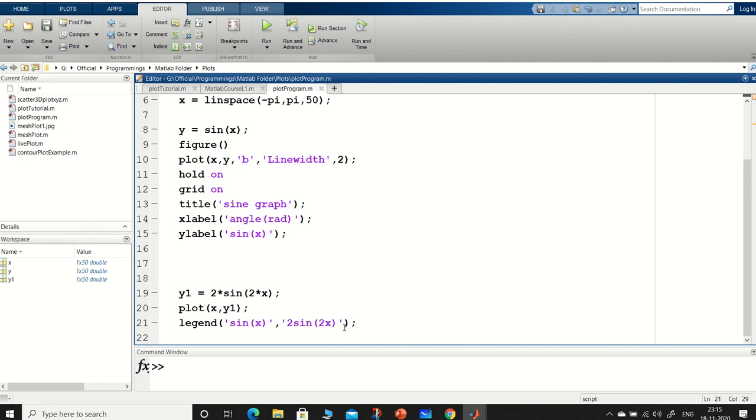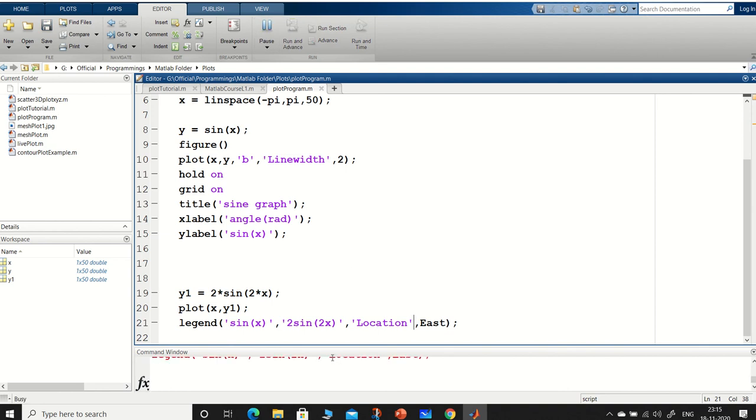Now suppose you want to keep the legend location somewhere else. So what you can do is put location comma, which direction you want. Like, let's suppose we want east, okay. So it will put east direction.